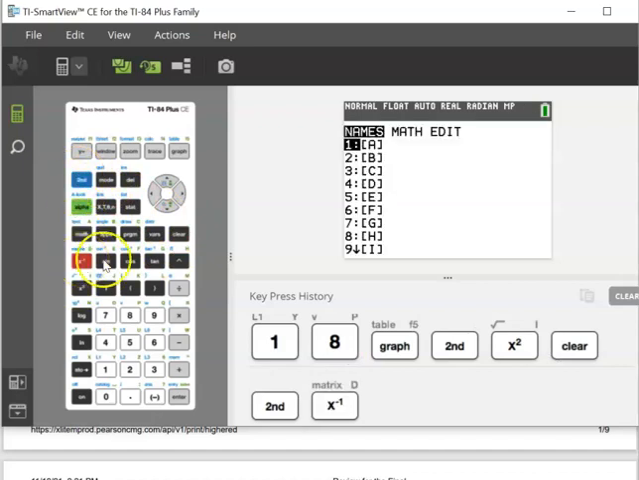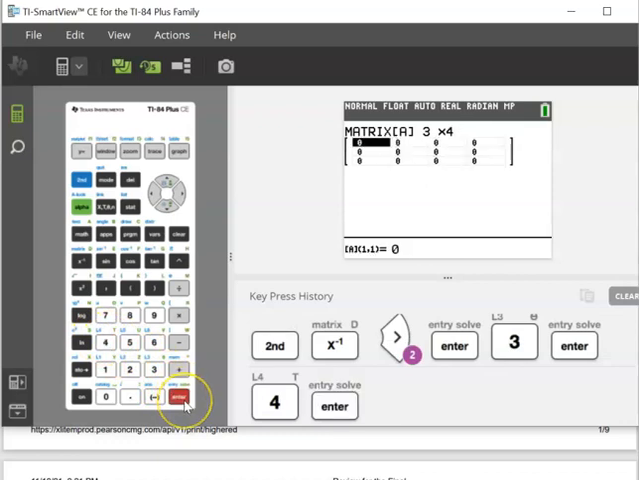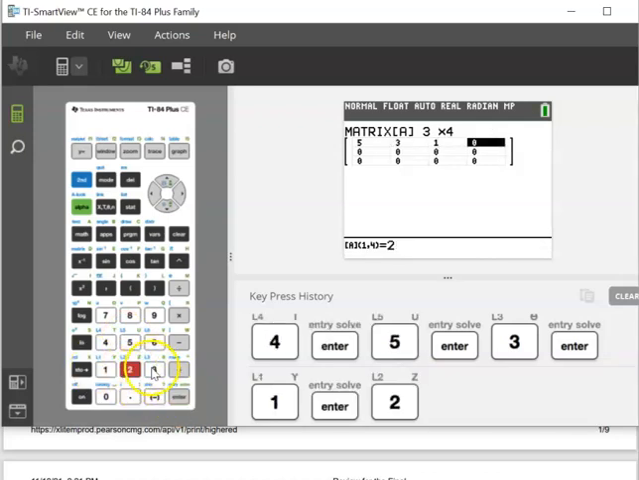x negative 1 brings up my matrix. I'm going to scroll over to edit. I'm going to hit enter, and this is a 3 by 4. Okay, typing in our matrix, so 5, 3y, 1z is equal to 23. Go to the next row,